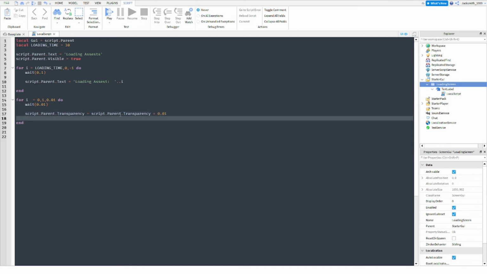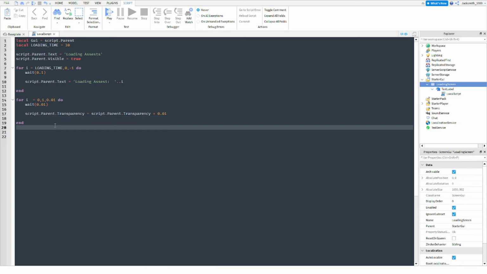So what this is going to do is add a hundredth of transparency to the GUI each step. So eventually, once that's all run all the way through, it's going to fade away. So if we just click play,